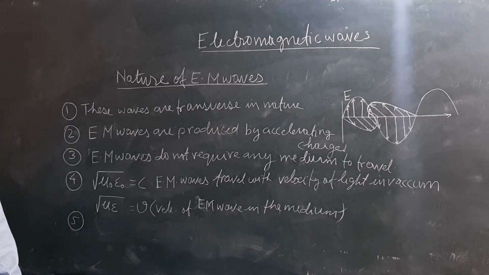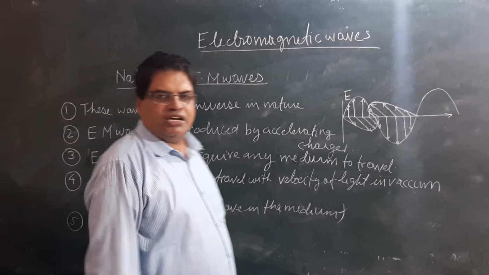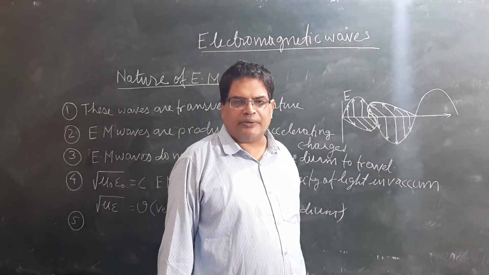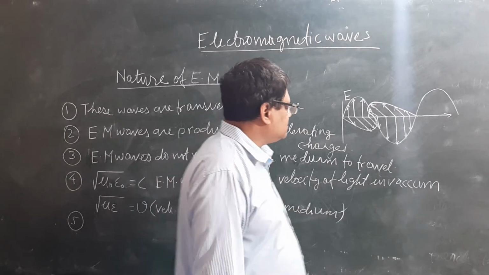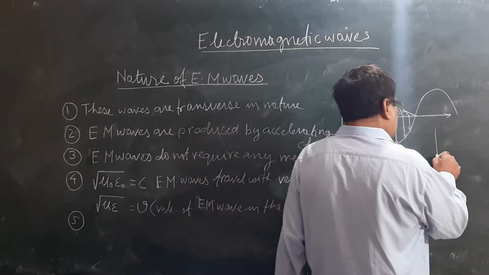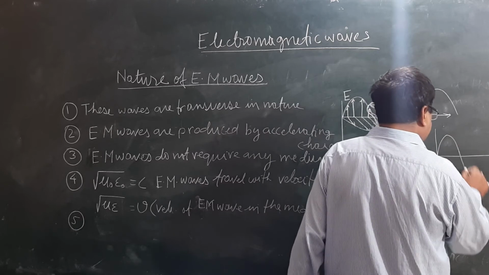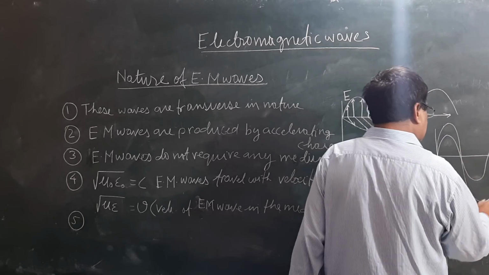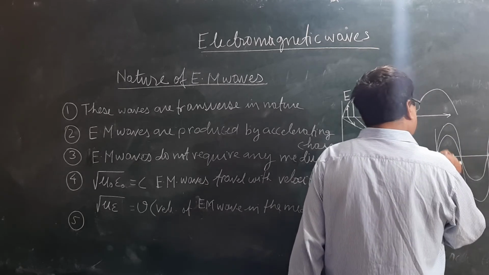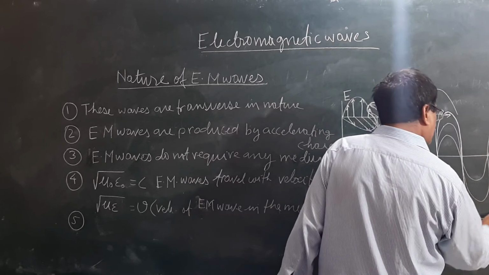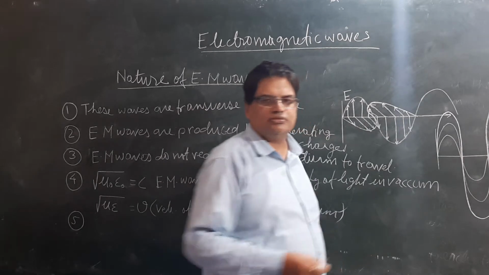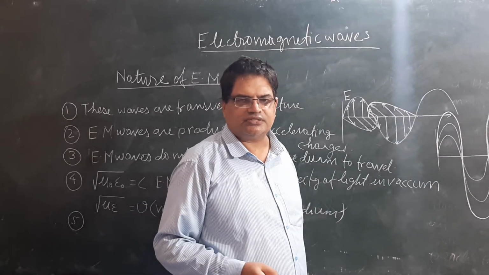Let us go on to the next property. Next property is that electromagnetic waves obey the principle of superposition. I hope in the chapter Waves in class 11 you might have read about the principle of superposition. I will just revise what is the principle of superposition. Suppose there are two waves like this. Suppose there is another wave like this. You will get a resultant wave like this. And the amplitude of this wave will be the sum of the amplitudes of the two waves. That is the principle of superposition.